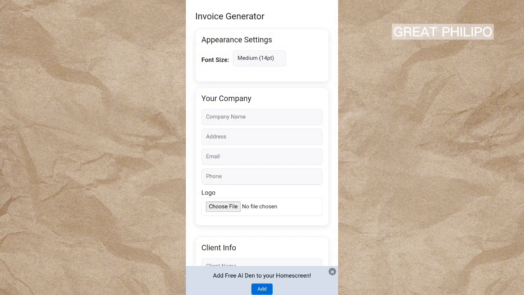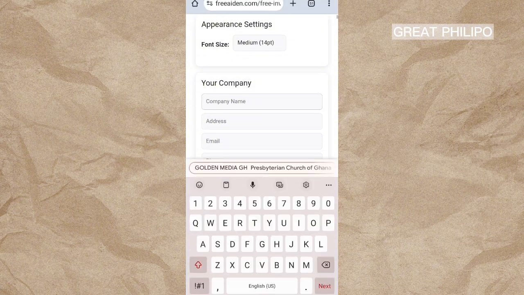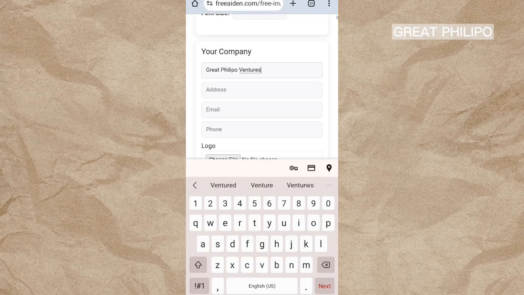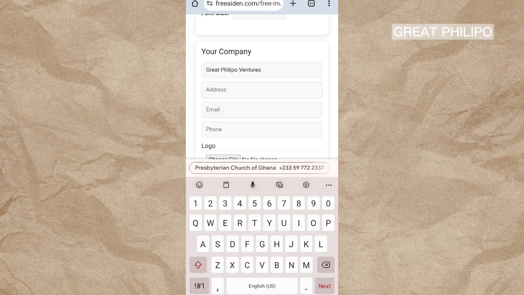That's the details about your company. So you will type your company name over here. So let me type Great Filippo Ventures over here. Then you type your address over here. So let me add my address. Let's say